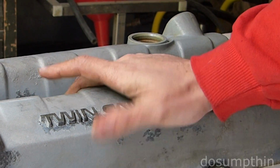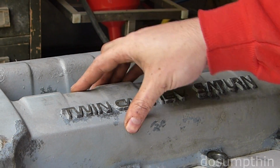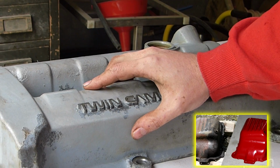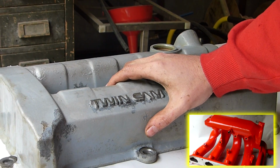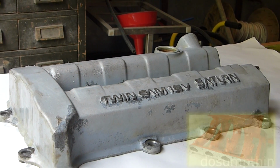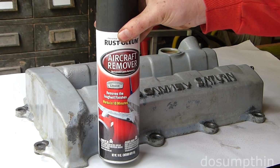Moving along on my Saturn project, I'm going to prepare and paint this aluminum valve cover. You may have already seen my other videos where I sandblasted and painted the oil pan, and then the one where I cleaned and painted the intake. Well, on this aluminum valve cover, I was going to sandblast it, but then I decided to use a chemical